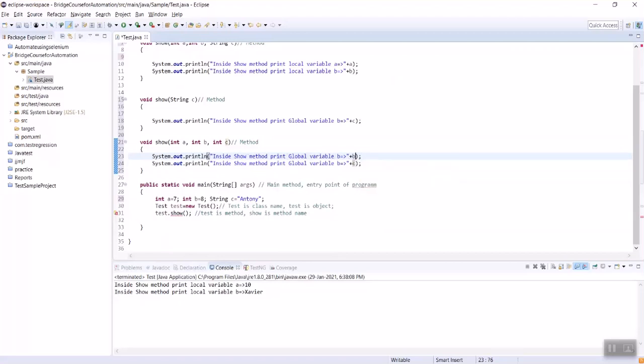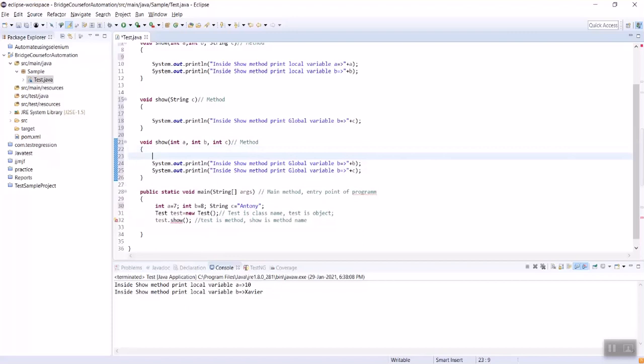At line number 21, we have three parameters: integer a, integer b, integer c. Then at line number 15, we have only one parameter, but the method's name matches line numbers 7 and 21, while the parameters are different. Inside the methods, we are going to print the values which we have received through parameters from the arguments.